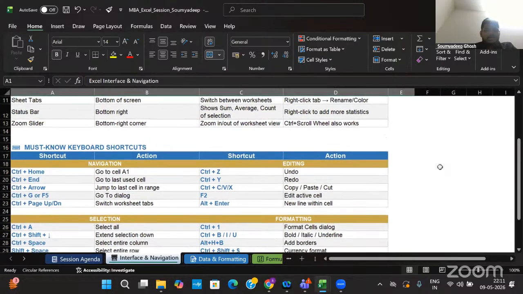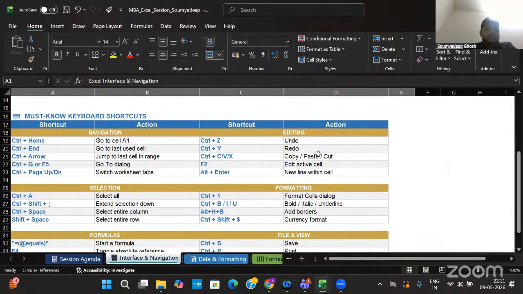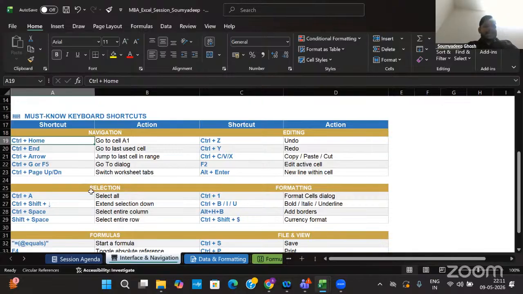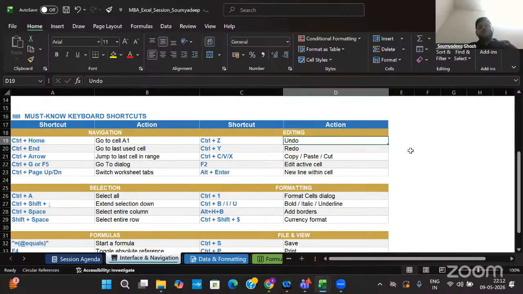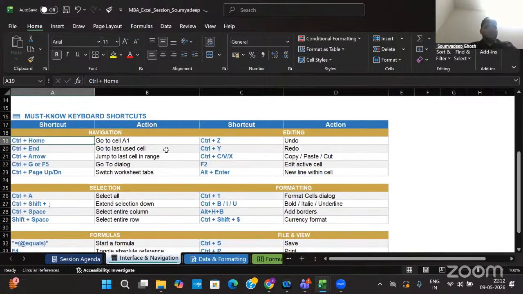This kind of shortcuts are present in this table. You can very well see that. And another very useful shortcut is Control plus arrow. What does that do? If I'm on this cell and I want to go to this cell, then one thing is we can go directly from here. But imagine there is a huge set of data where there are maybe 1 lakh rows, or maybe 10 lakh rows. In that case, we can't do this thing, right? Because the rows and the columns would be heavy.